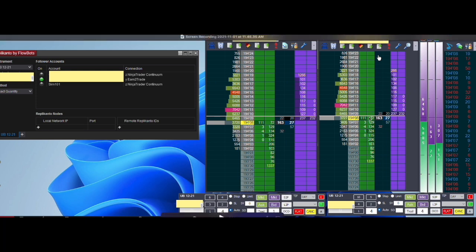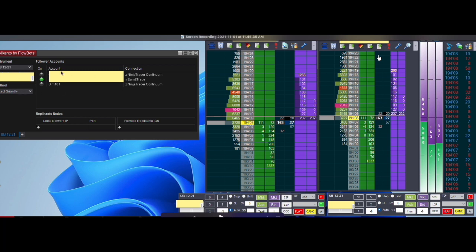So Ultra Bond on the right is kind of my original account, if you will. On the left is my new account. Down here on the bottom, these are the order boxes for the two depth of markets. And then on the left here, you see Replikanto. I kind of have it cut off a little bit, but you see what you need to see. So right here, kind of where my arrow is, is where I select the leader account, and I'm choosing this one. I'm going to be executing my orders on the right-hand depth of market,